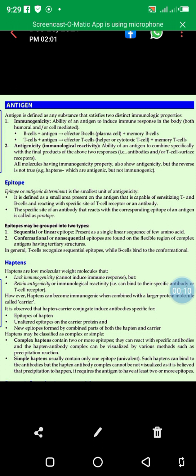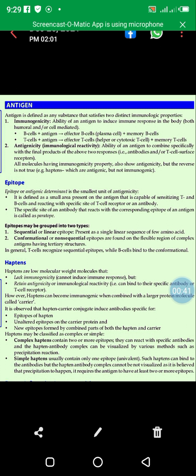So first of all, what is antigen? Actually, antigen is defined as any substance that satisfies two distinct immunological properties. The first one is immunogenicity. What is immunogenicity? It is the ability of antigen to induce immune response in the body, both humoral immune response and cell-mediated